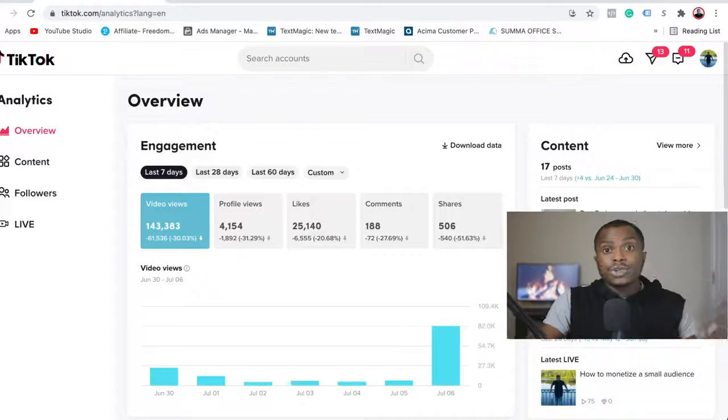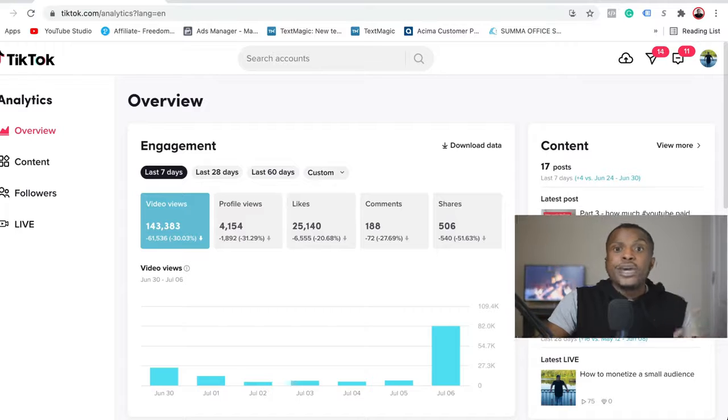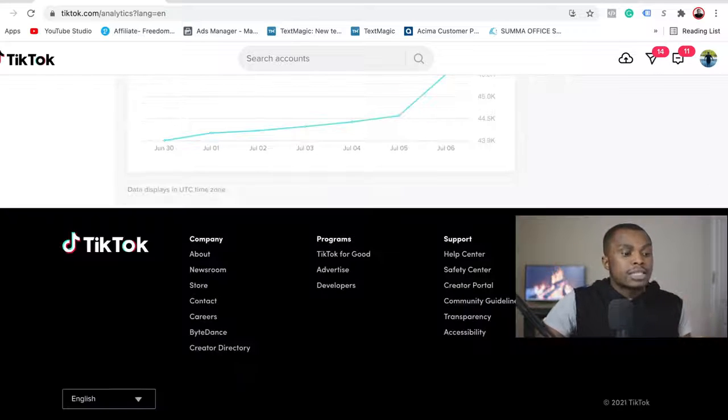And after your 1,000 followers, when you reach your first 1,000 followers, that is going to be the change that you need, the difference maker that you need in everything about TikTok, because then you will have access to, like this creator portal that you see right here. Only when you get to 1,000 subscribers will you be able to access this kind of information, so that way you can know exactly where your audience is coming from.